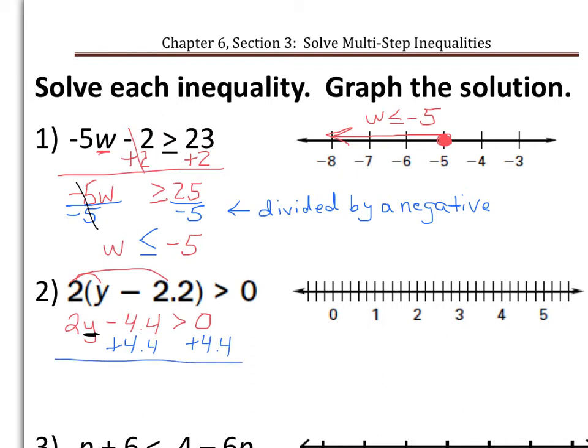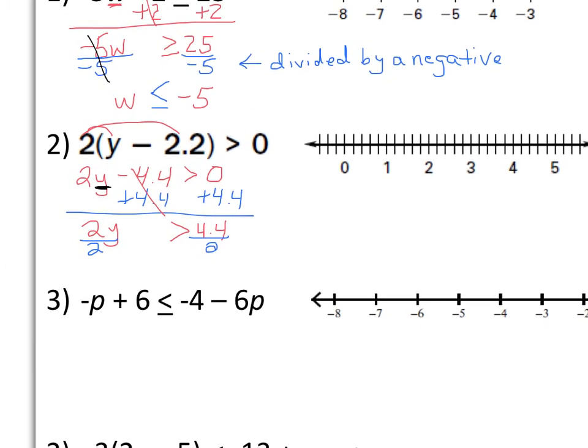And that 2y just comes down. Opposites cancel to 0. And we've got our 4.4 coming down. And we're going to do our final division. And notice we're dividing by a positive 2, not a negative 2. So we can just leave our inequality symbol the same, and we've got